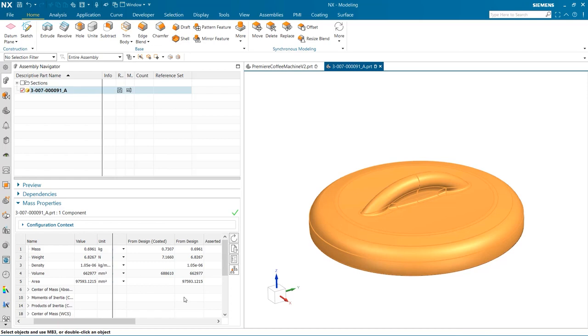In conclusion, in this video, we began by exploring the different coats on our part, which are found in the Coating Navigator. After looking at the different layers, we opened up a specific coat and viewed its individual characteristics in more depth. And finally, we wrapped everything up by taking a look inside of the Mass Properties tab in the